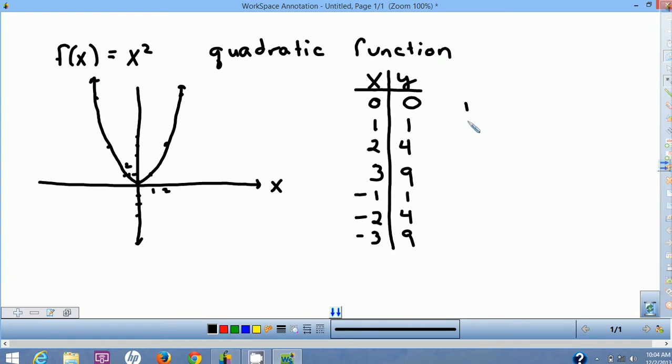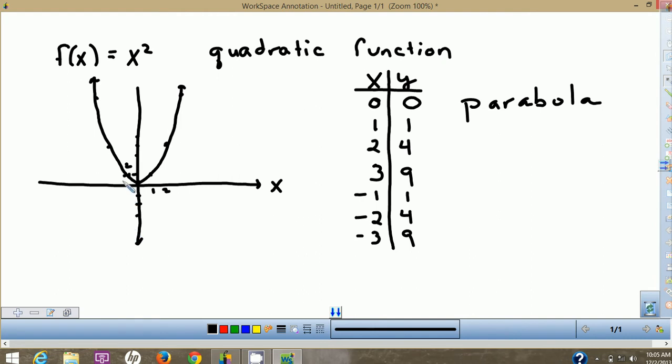That graph is called a parabola, and a parabola is a description of the general shape of the graph. It is a good thing that we can see on this parent function. And we will look later on at how we can turn this parabola upside down, how we can move it to the left and the right, move it up and down, make it tall and skinny or short and fat.